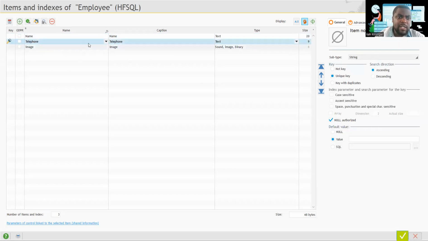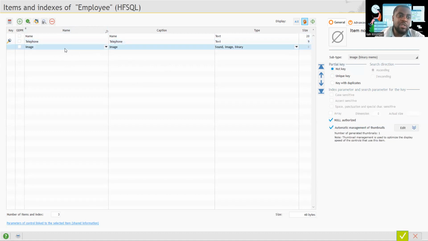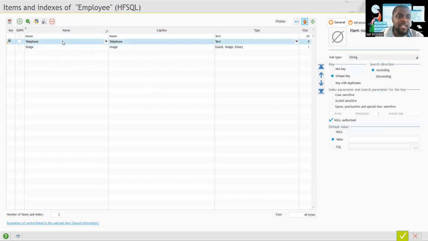The reason why our telephone is a primary key is because among the three fields in this data file, the name cannot be used as our unique key because many people can have the same name. The image data cannot be used in this case because to handle image, we need to be using face recognition, another function that goes beyond the scope of our learning. That is why, since two people can't have the same telephone number, we are using telephone number as our primary